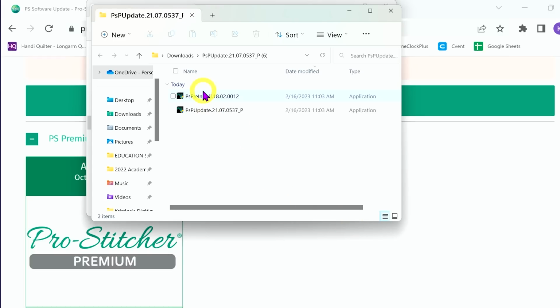Once it's extracted, I now have two different files. One is the pre-install, which you can run if you haven't already run it before, and I'll go through that. And then the second one is the update. So I'm going to click on this pre-install,